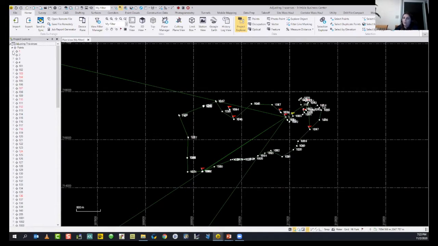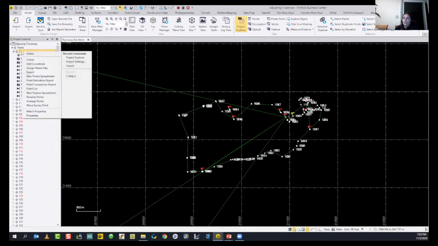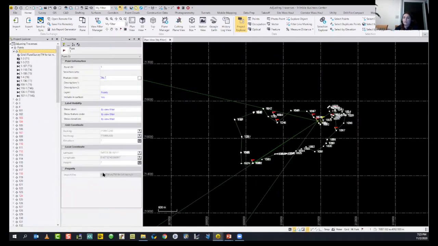Under Points, you can display all of your observations. If you click on a point, right-click and select Properties, you can also display your point properties. So all your grid and local coordinates can be displayed, your layers and visibilities, and your feature code if there is any.